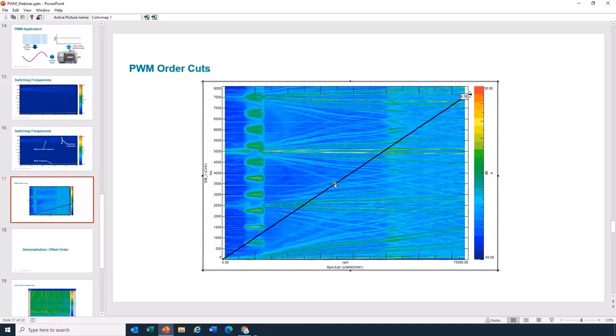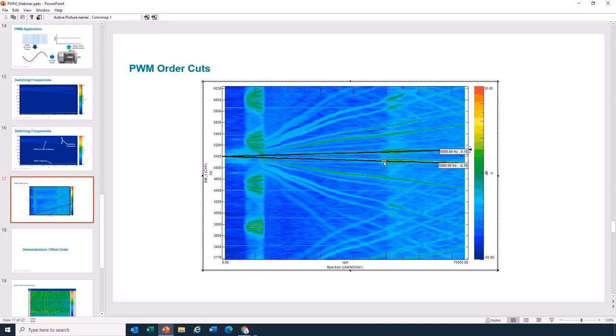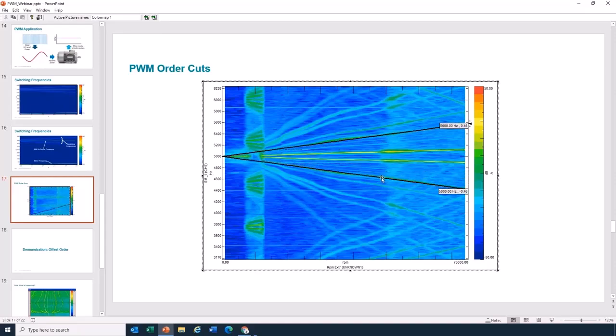Oh, like it would be nice if I could just double click on this. Oh, look at that. You can. And so, yeah, if I type in 5,000 hertz, well, look at that, Charles. I can now line up on that PWM frequency and find out what the main harmonics are, etc., to analyze the PWM frequency.